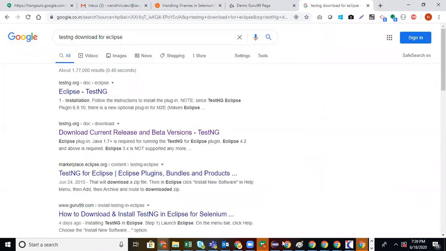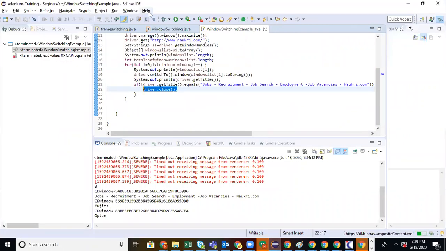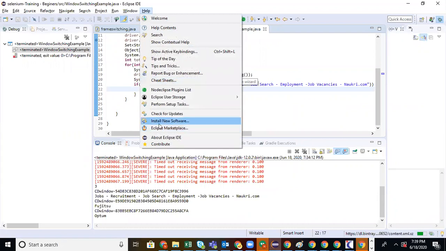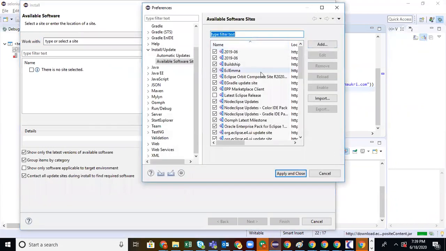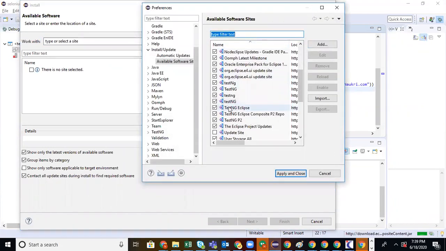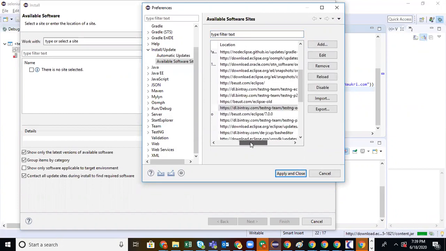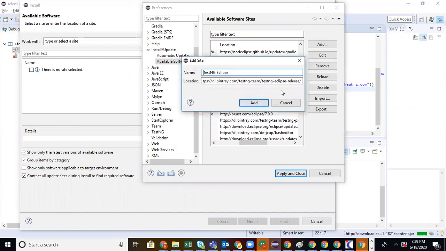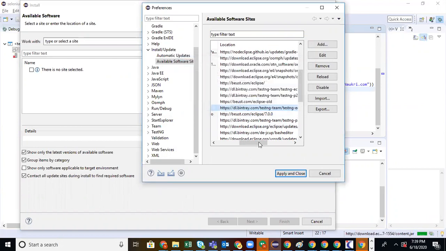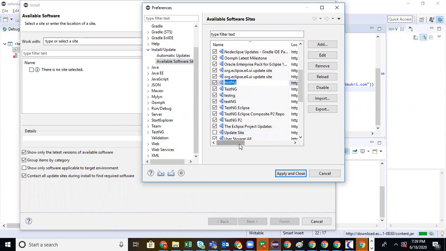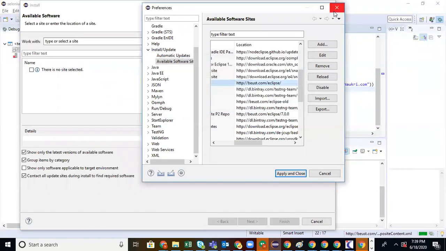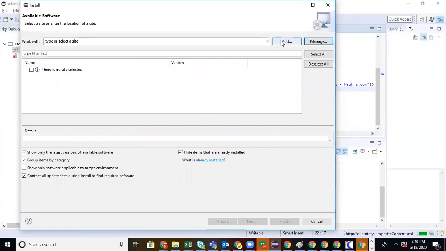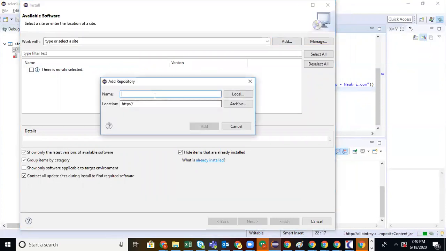One way is to go to Eclipse, go to Help, go to Install New Software, and click on Add. Give the name as TestNG and the location as this location.